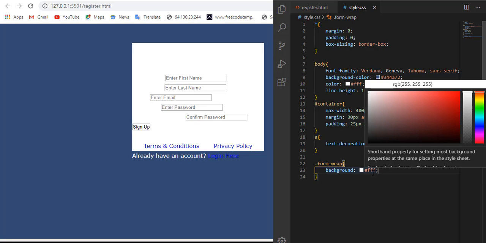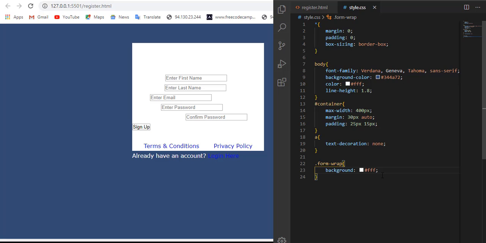If I save, you see everything becomes invisible, and the letters go down, the paragraph and H1. So let us do form wrap P and comma form wrap H1.